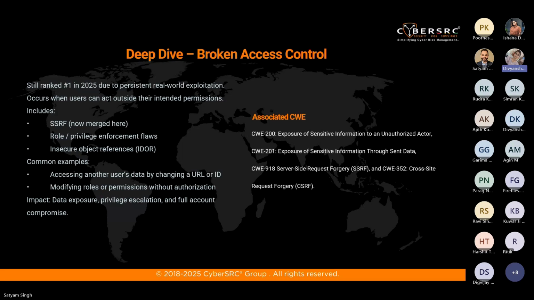As mentioned, SSRF is now a part of this group because an internal resource is allowed to accept external calls. That's fundamentally an access control weakness. The impact of broken access control is extremely severe. It ranges from